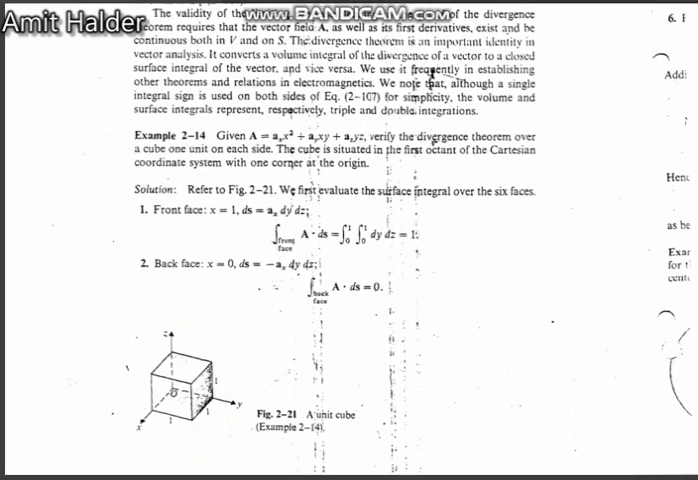So there are other faces too. Left face, y is equal to 0, dx dz. Right face, y is equal to 1, dx dz. Top face, dx dy a_z, and that will be half. The previous right face is equal to half. Bottom face, z is equal to